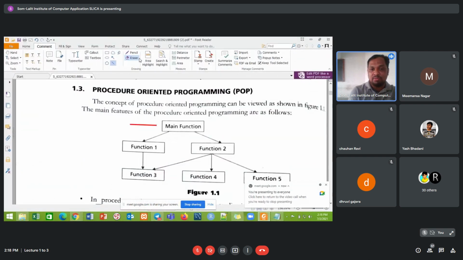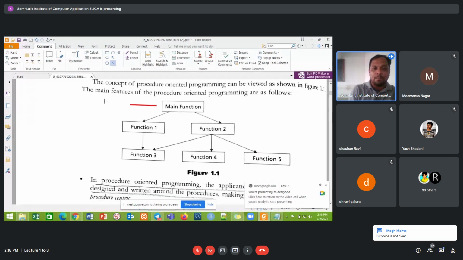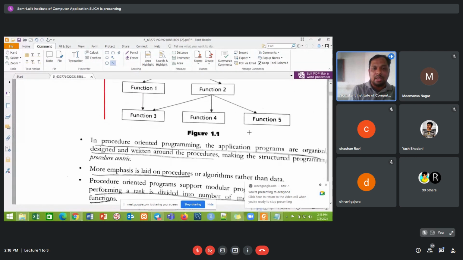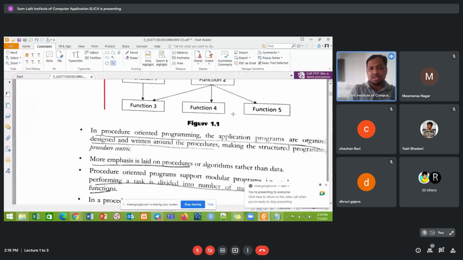Try to understand, the concept is that you have a main function, you have certain functions inside, there are sub functions, and you are going in a top-down approach. These programs were procedure centric.